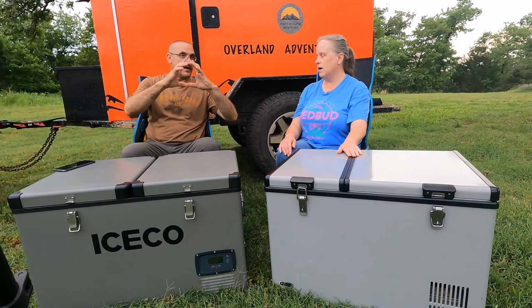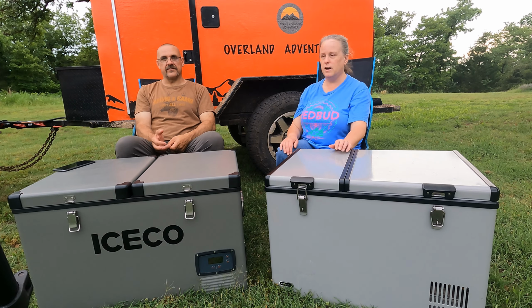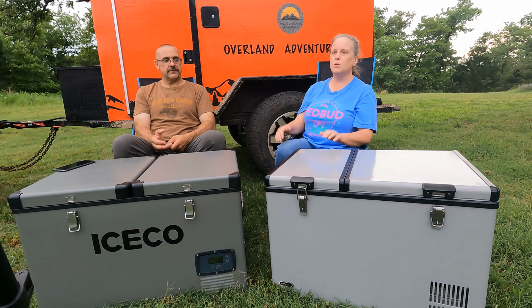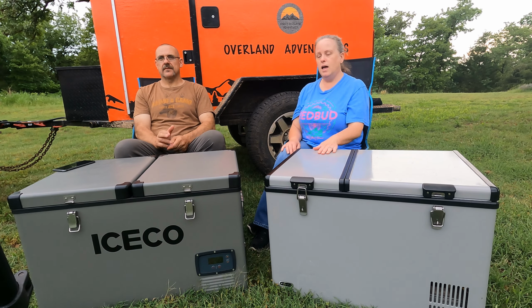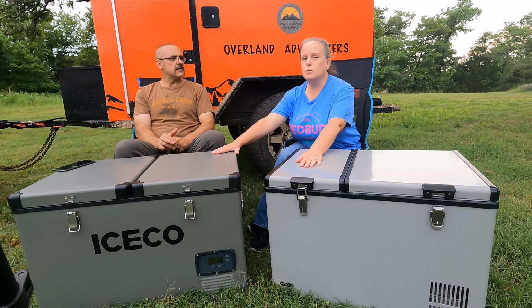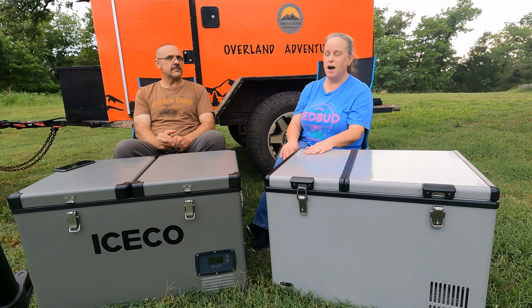Yeah, exactly. On each side. Yeah, I like that, being able to see that nice from not having to pull it all the way out. Just to see it. But if we were to recommend a unit to you, we would both recommend the Iceco